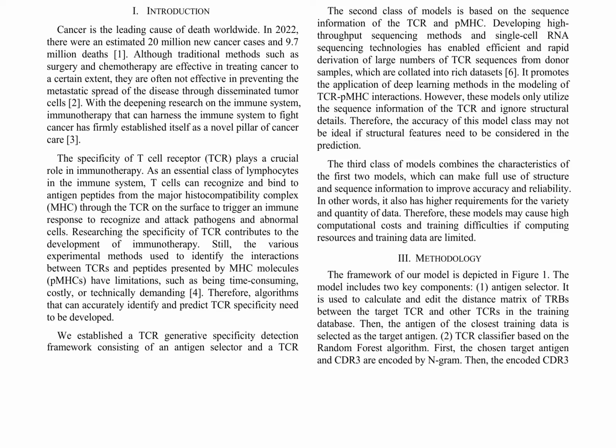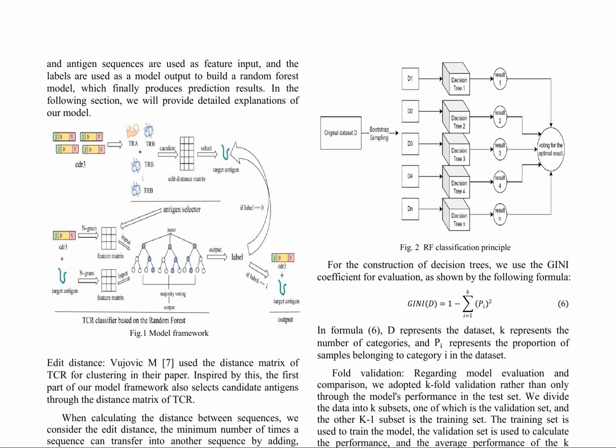the random forest algorithm. The authors present a machine learning framework for predicting TCR specificity using random forest models. The framework takes in TCR and antigen sequences as input features and outputs a prediction result. The model framework involves calculating the edit distance between TCR sequences, constructing a random forest model, and evaluating the model